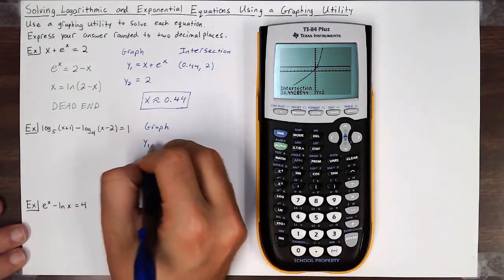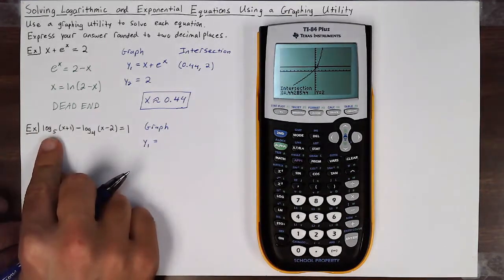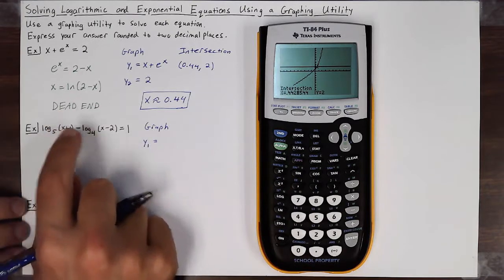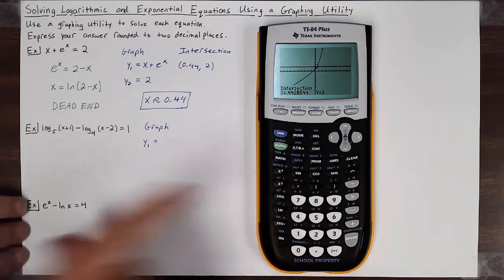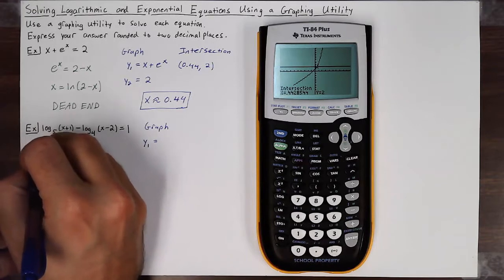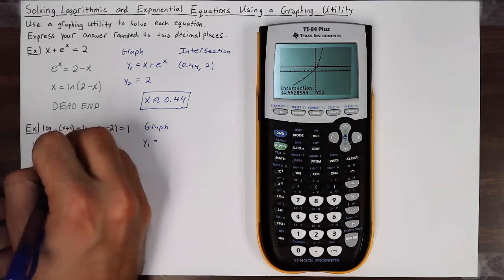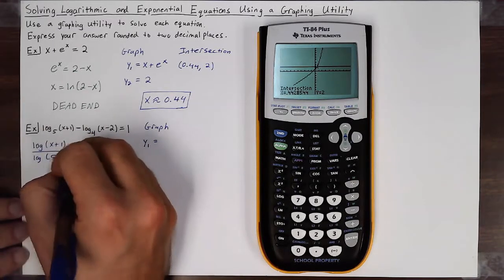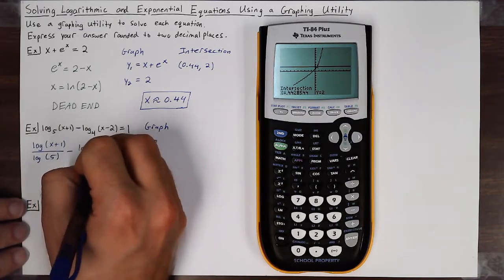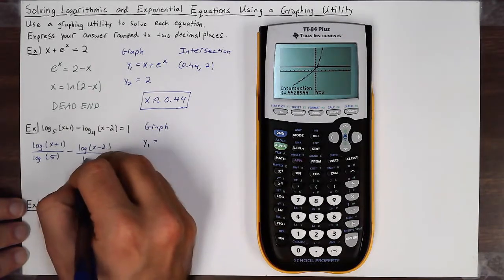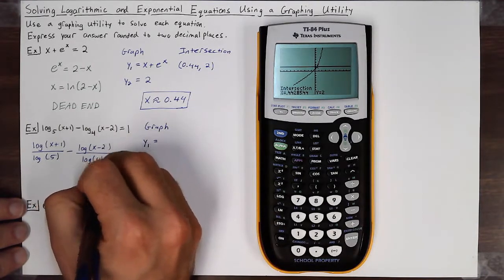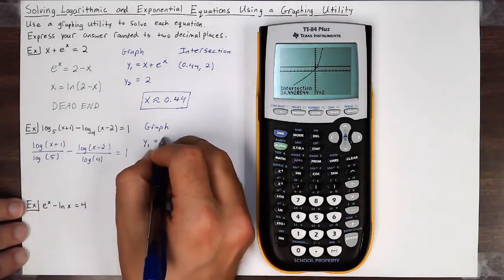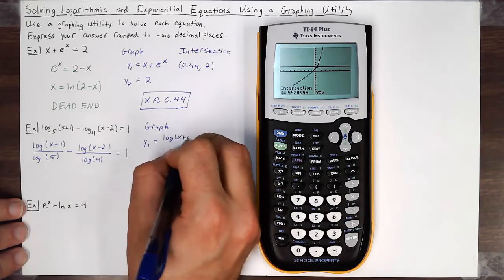But what should y1 equal? I don't have a log base 5 key in my calculator, so I actually need to rewrite this equation to help me out using the change of base formula. I do have a log key, so I can rewrite this with a change of base formula as log of x plus 1 divided by log of 5 minus log of x minus 2 divided by log of 4 equals 1. The left side here will be my first y equals,